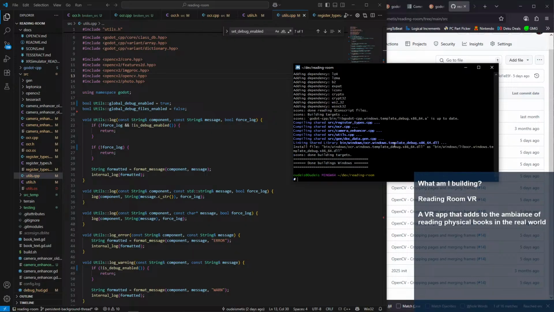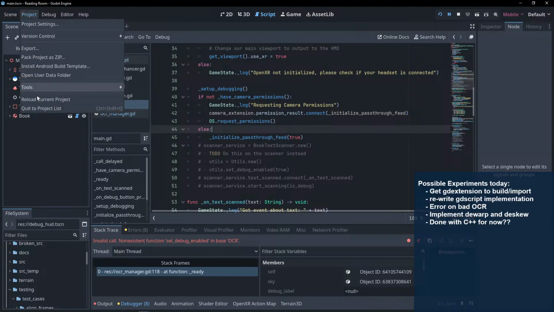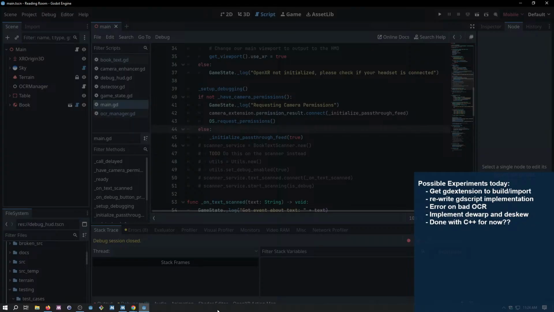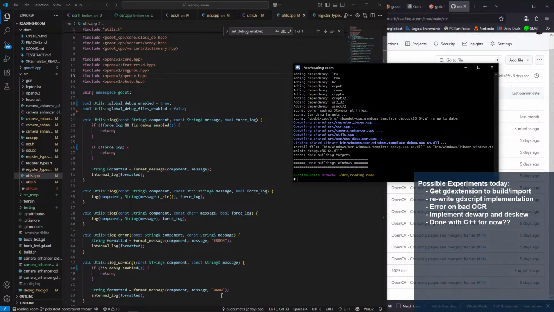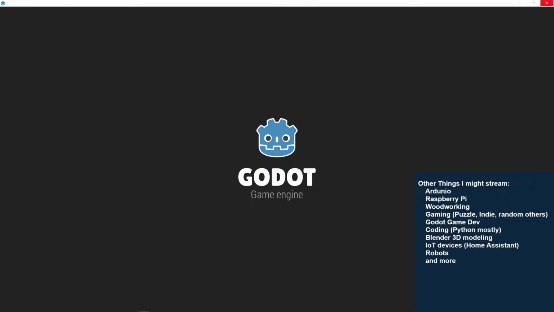How are we doing here? Build finished. And let's reload. Oh, it was running? If it was running, how did we... Okay, somehow we were able to write the file even though it was running.